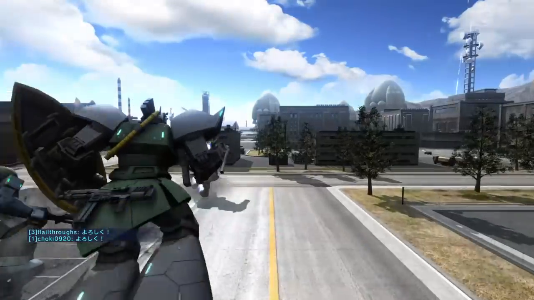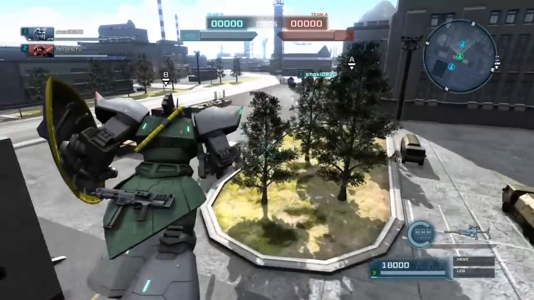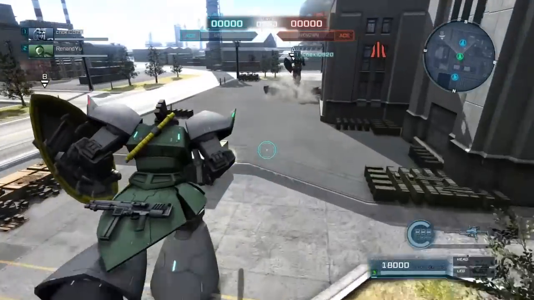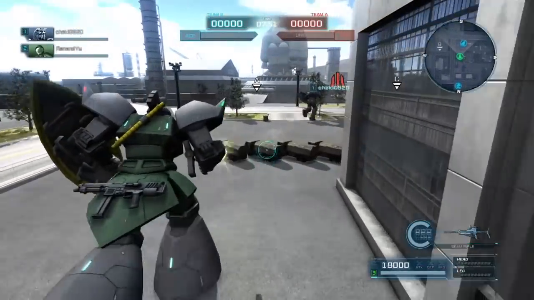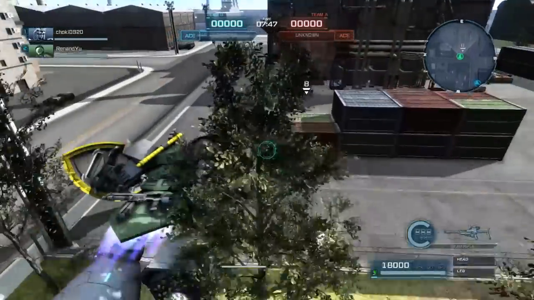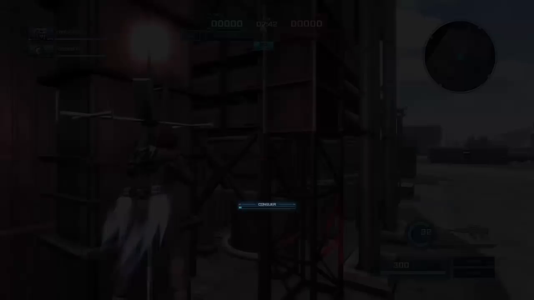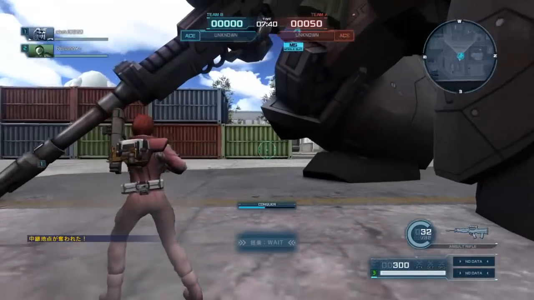This is Gundam Battle Operation 2, and this is my level 3 Gelgoog commander type. I remember saving this one because it was weird. It's a 3-on-3 ace match, no limits. The level 3 Gelgoog is 500 points, so it's one of the best things in the game right now, I